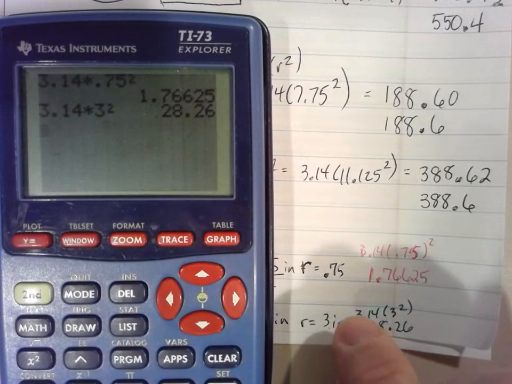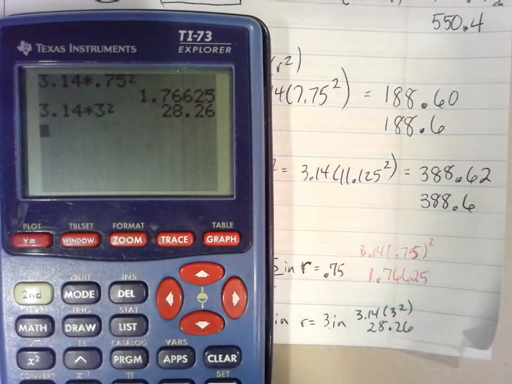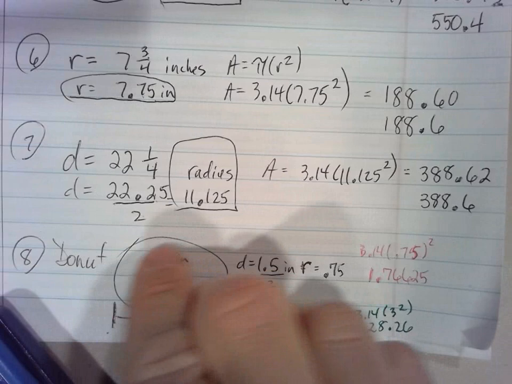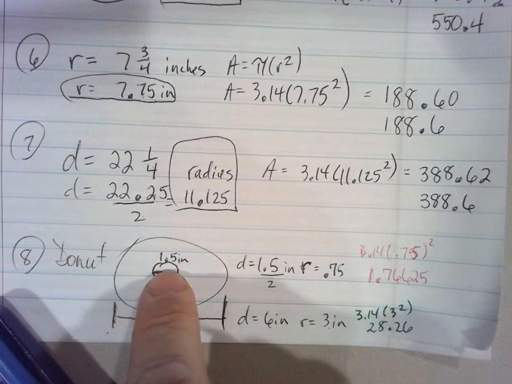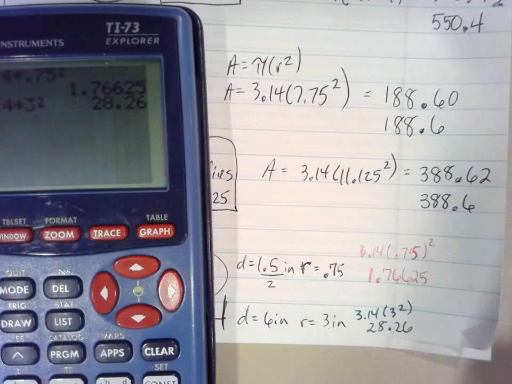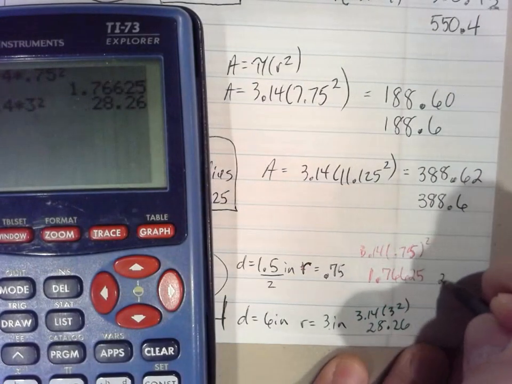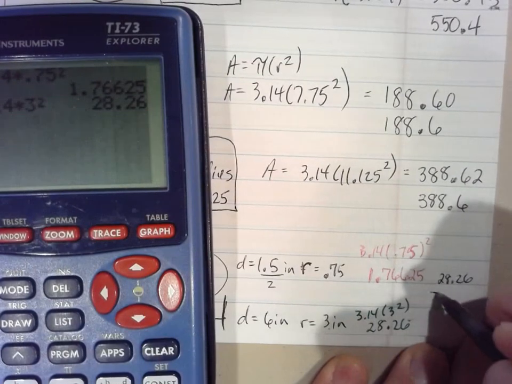Okay. Now, to find what the area of the donut is when you subtract the hole out of there. Okay, there's a hole in the middle of the donut, right? That part. So, if you're just trying to find the area of the donut part that you would actually eat, there's nothing there to eat in the middle. All right. So you got to subtract these two. So you're going to do 28.26, which is what we got here for the big part, minus